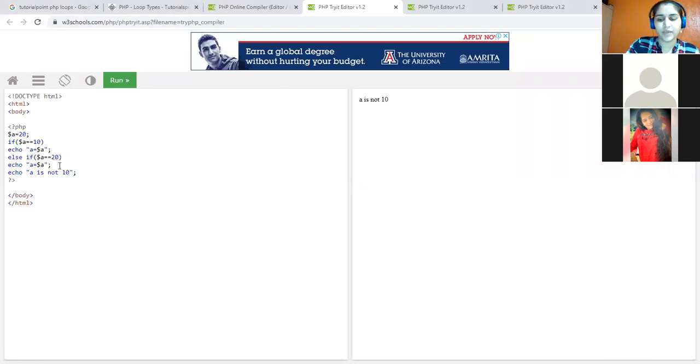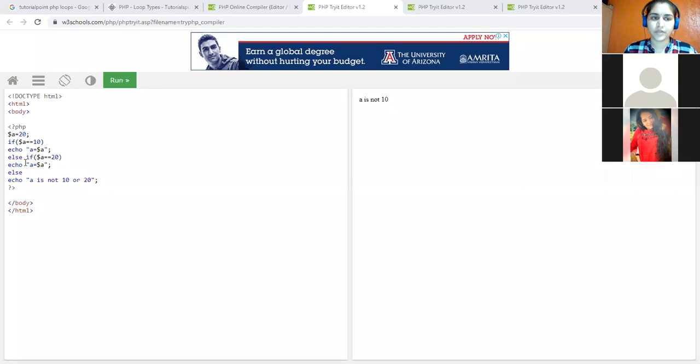For this if else if, I'll just put an else part: else, A is not 10 or 20. It is neither 10 nor 20 that I want to display. So let us see the output. What will be the output in this case? It will assign the 20 value to $a. Then if $a equal to 10, 20 equal to 10, no. So it will go in the else part.